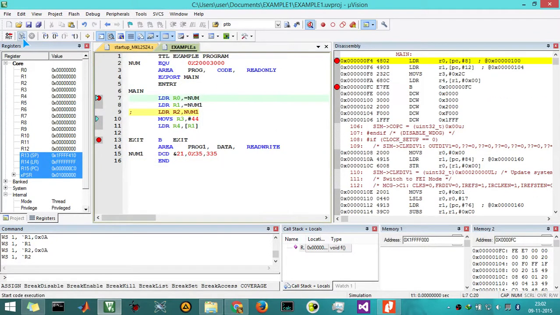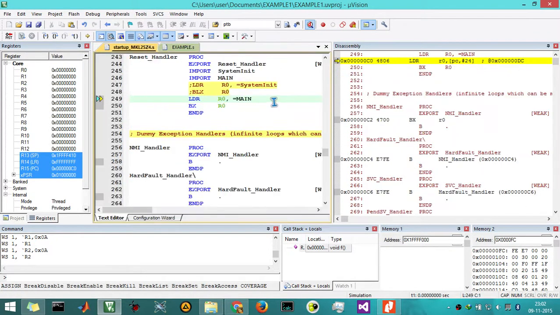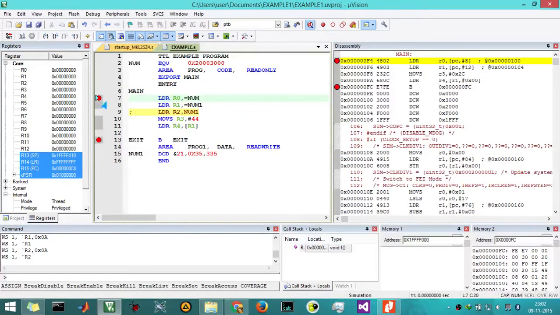Now we can see I am clicking on this run button directly, so that the current to-be-executed location is at this point, and our breakpoint is at this point. If you click on run, it will run until a breakpoint is encountered. If the breakpoints are not encountered, it will go on executing up to infinity. So we have set a breakpoint here. Now the execution should stop at this location, and this location is not supposed to be executed. It has to be stopped at this location before executing this address location.